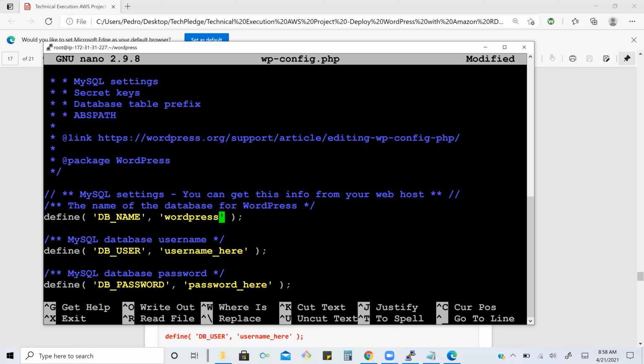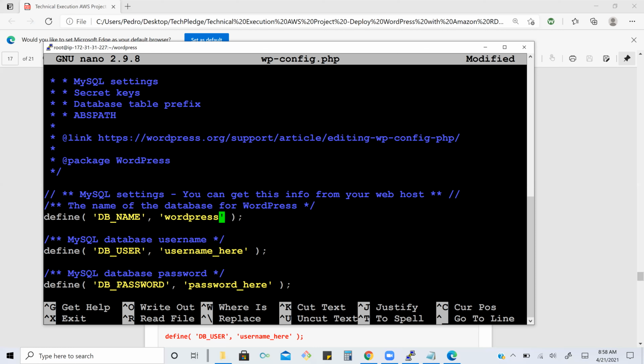Right? Now username, what we have given? Username we have given again as WordPress. Below also change the WordPress. I think the password which we have given is WordPress.